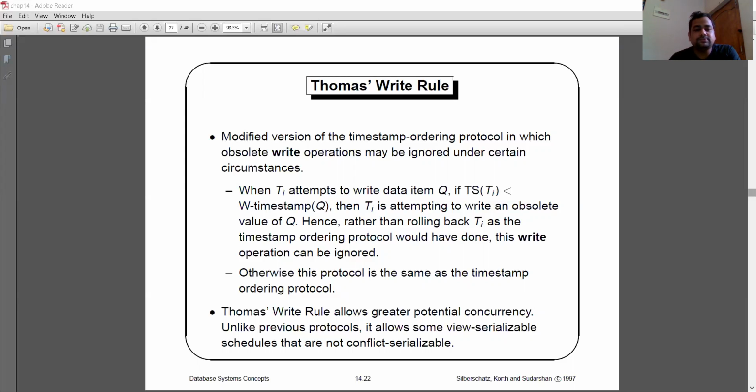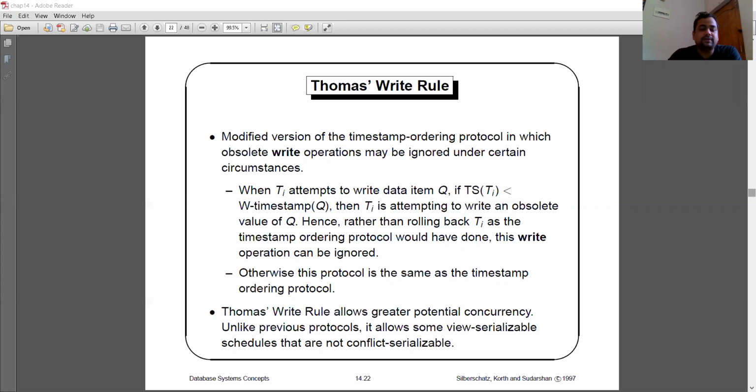If it's a read operation, first we have to check two things. The read is always compared with the write timestamp. If the timestamp of Ti is less than the write timestamp of X, then the operation will be rejected. Second condition: if the timestamp of Ti is greater than or equal to the write timestamp of X, then the operation will be executed, and the data item's read timestamp will be updated. We have already discussed that one, and it is just written like this.